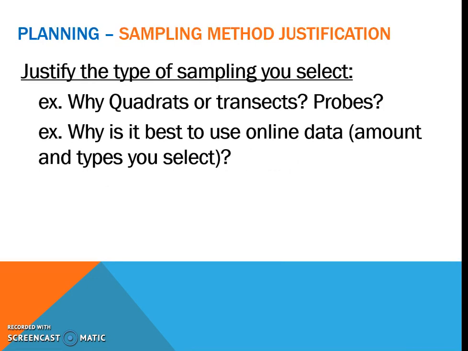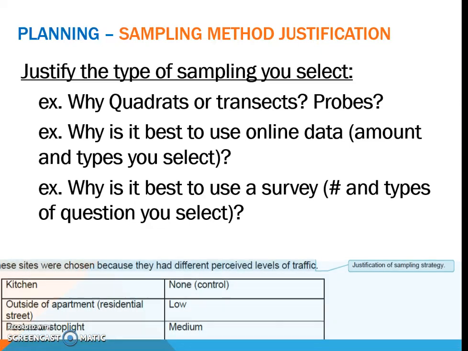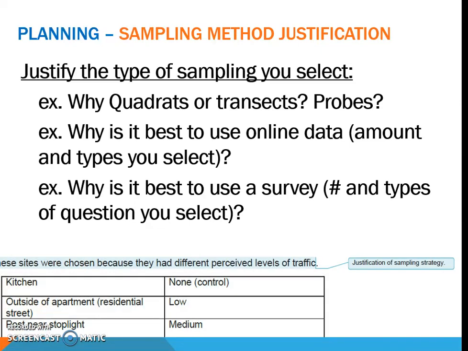If you're using an online data source for anything, why did you pick that online data source? For instance, if it's your control group. Why is it best to use any other things that you're using to compare? Most of us aren't going to be touching survey data. If anything, it's mostly going to be these top two. If you're using some sort of biodiversity indicator, you need to explain how and why you're using it. In general, that's something I and others will check for, a real justification, and it needs to be